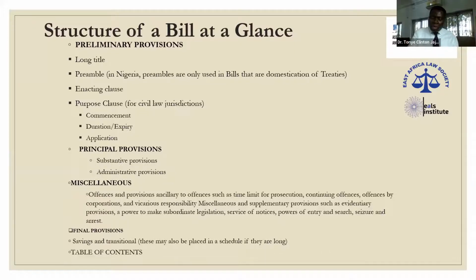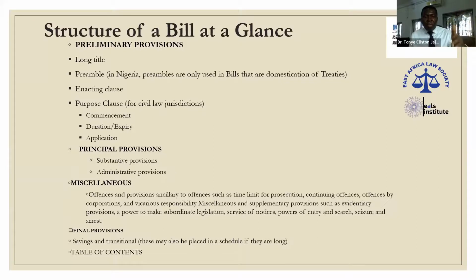There's a law in Nigeria that was passed in August 2021. Just because the drafters did not include the federal character principle in that law, by October, the president sent that law back to the National Assembly for amendment. So that's why it is important to follow this structure.